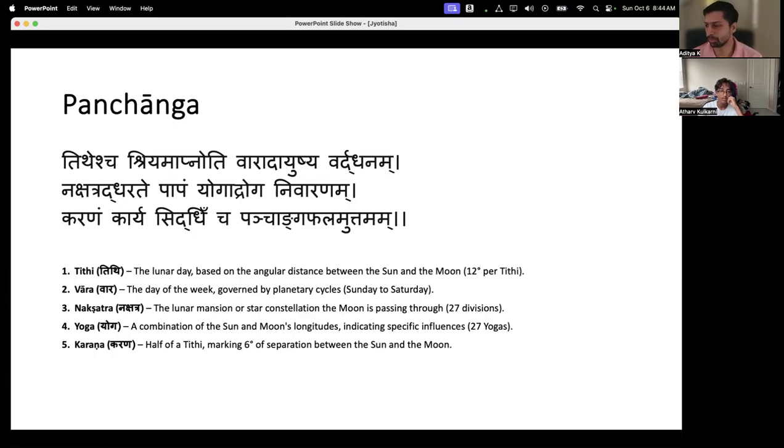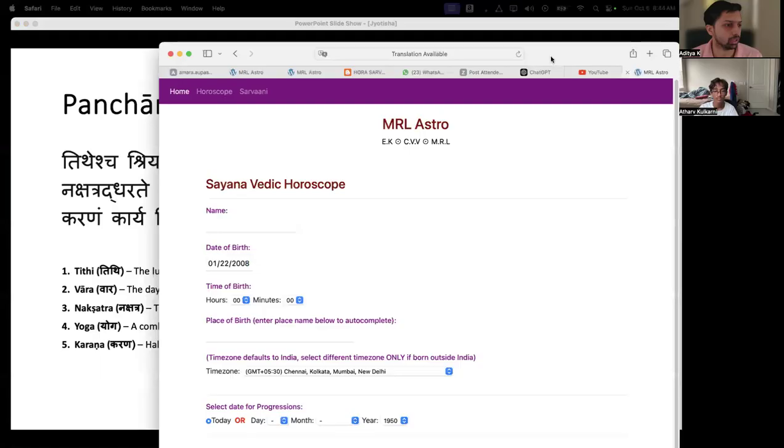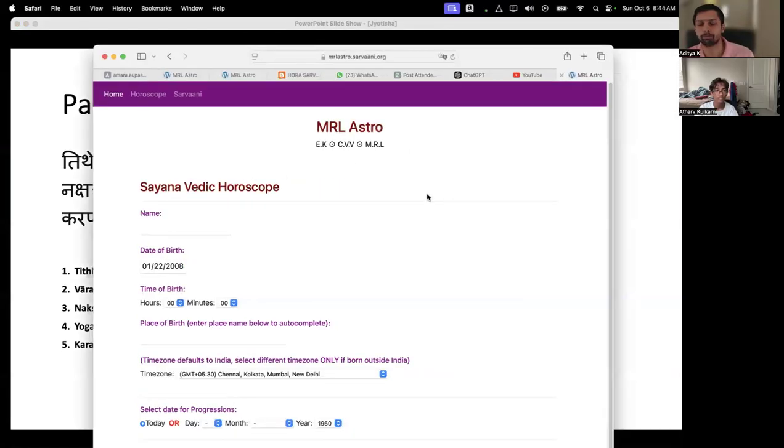Okay, that is correct. But can you, just by looking at the moon, tell me what Tithi it is, if I had not mentioned that today is Chaturthi? How can we calculate it? That is a question that we will try to do practically in this class, live. I will teach you why it is Chaturthi today. So let me bring up my screen. Can anybody see my screen? Yes. Okay. So let's say we are going to look at the planetary positions for today.